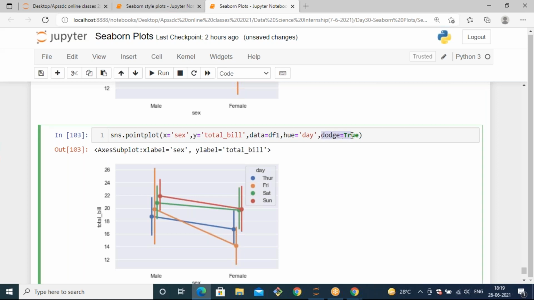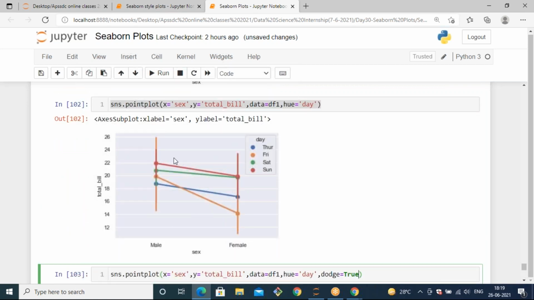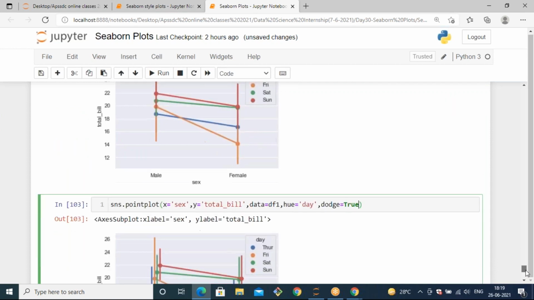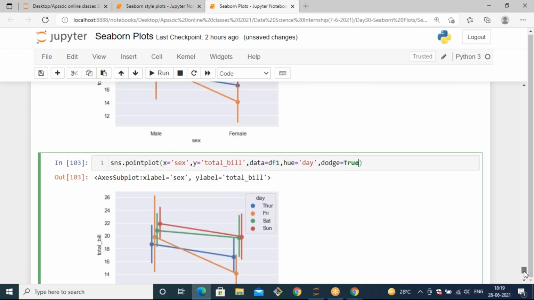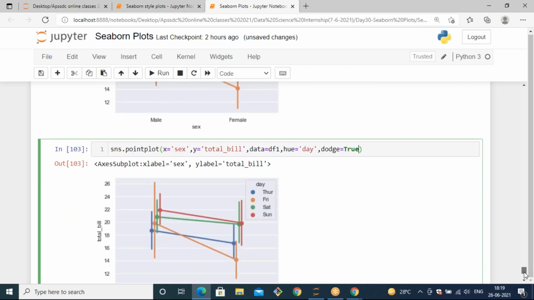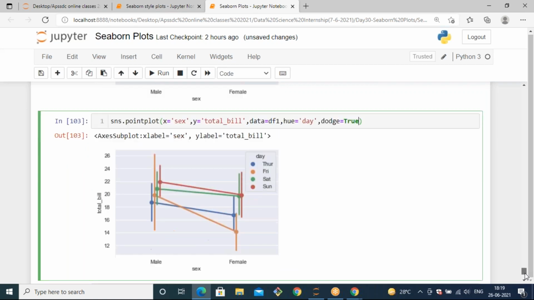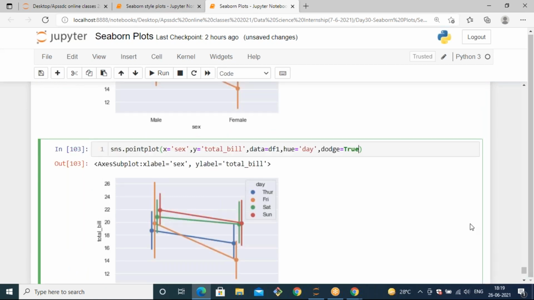Previously, all the lines lay in the same interval, and you might think all the plots lie within the same range. But when you use dodge true, you will get some interval difference, so that you can separate the intervals also.